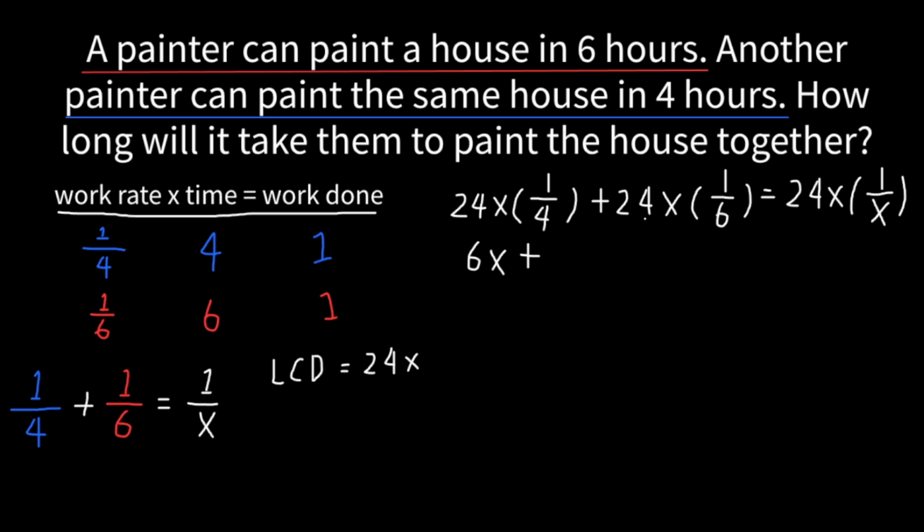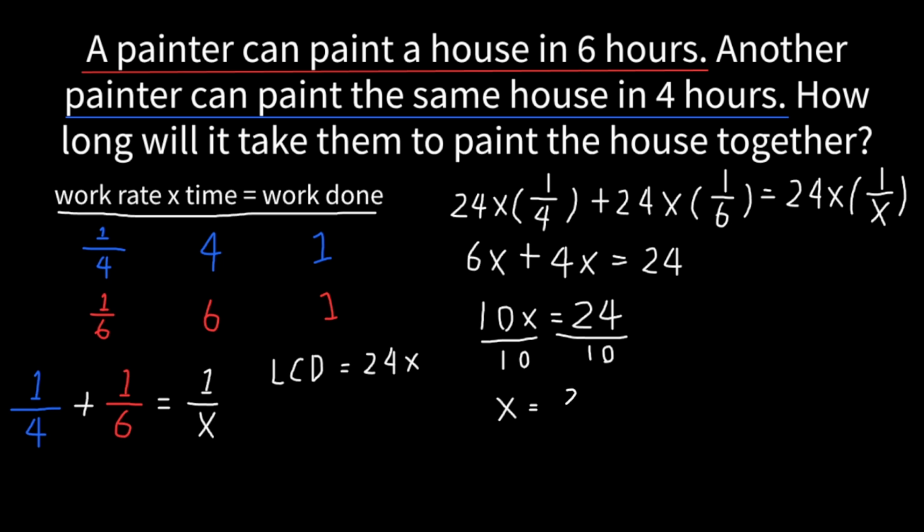6 goes into 24 4 times, add on the x, and then x and x cancel out, and we're left with just 24 times 1, which is 24. 6x plus 4x equals 10x equals 24. Divide both sides by 10, and then we get x